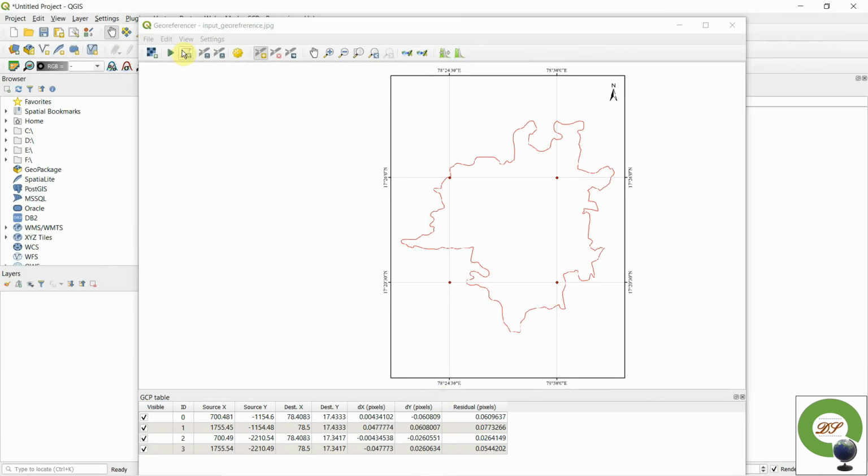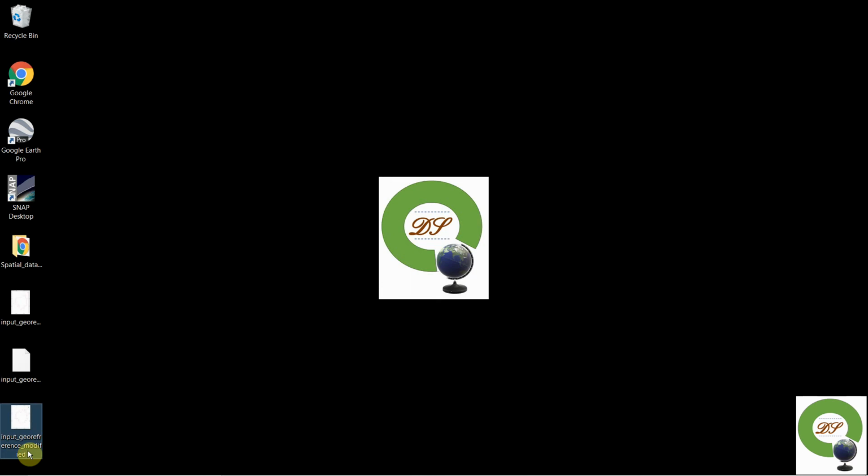At the end, you just need to click go here and start georeferencing. Just click this button, automatically you will see a notification that georeferencing was successful. Once you are done with this, you will see that window where you are going to input your details. Once this is done, just click here, and we can notice that the file got saved here. Now we gave the geographical information to the particular image.